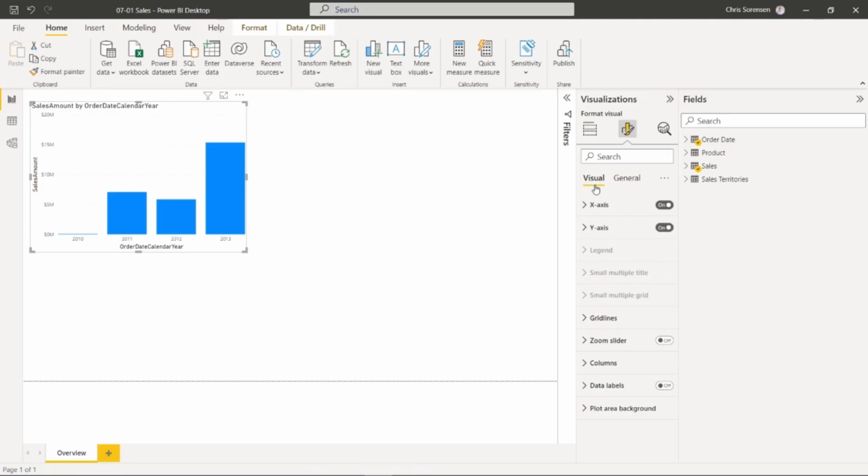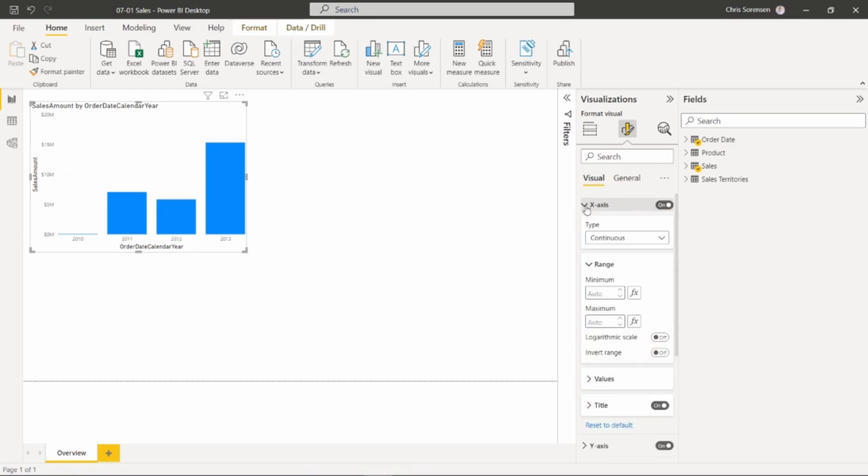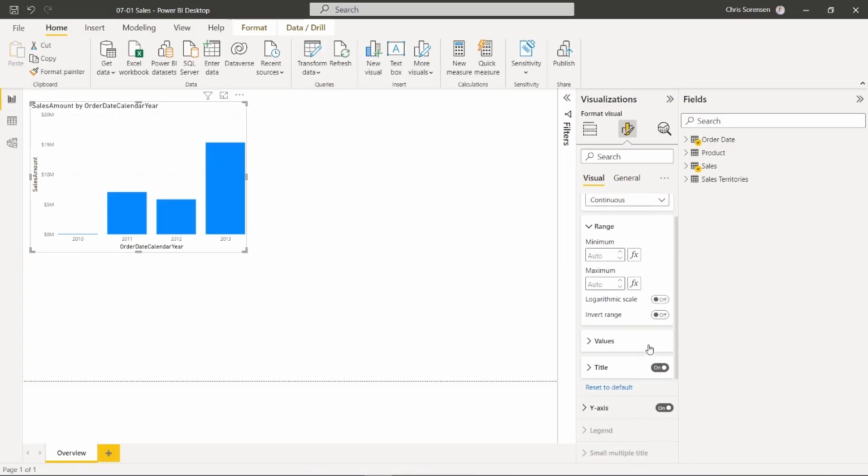So what we'll do first here is I'm going to stay on the visual. And I can see that the x-axis is turned on. So at the card level, I can turn the x-axis on and off so we can see that the title disappears there. I'm going to go ahead and leave it on. Then I can go ahead and open up the card, and there's a number of different things that I can